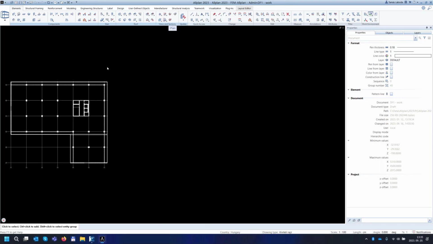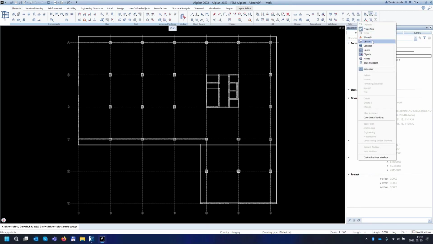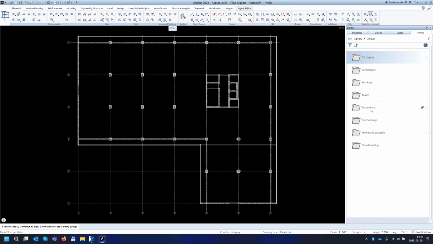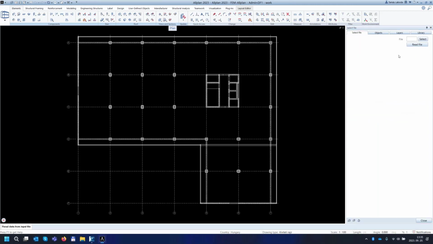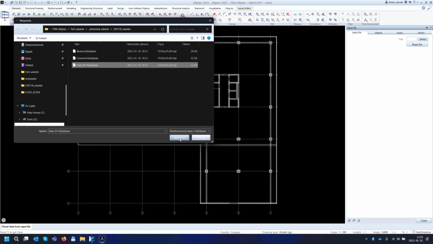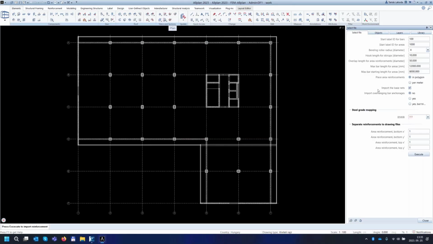So let's import the reinforcement here. For that, we can find it in the library under default Python parts and FEMDesign reinforced concrete. By double-clicking on the icon, it starts. You have to select the file that you would like to import. So I will import now the slab reinforcement. Clicking on read file, you have to determine some parameters. For example, the starting label ID for the bars, the hook length of the stirrups, overlapping factor, maximum bar length,